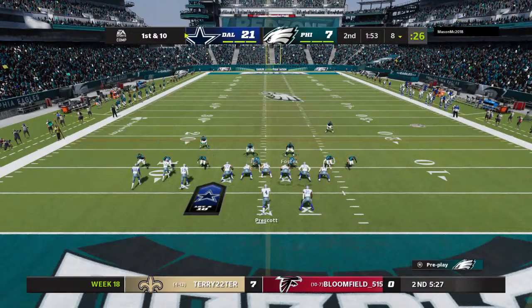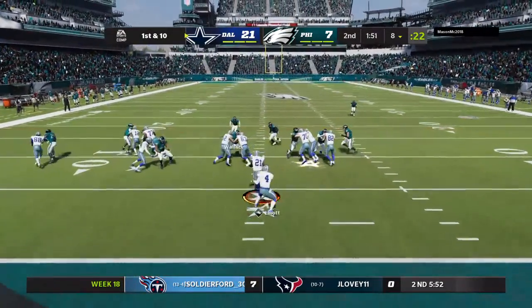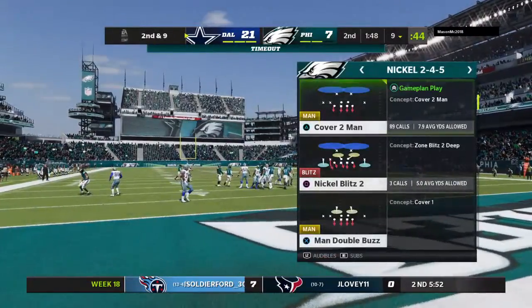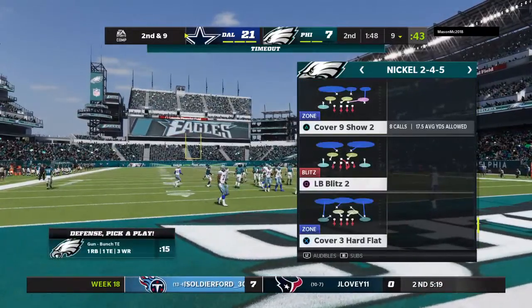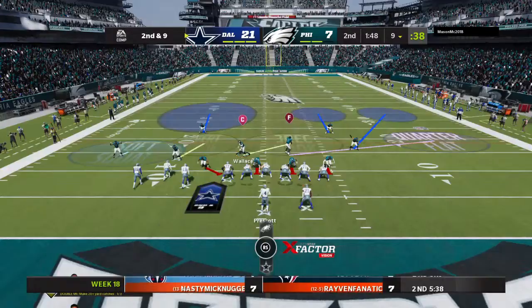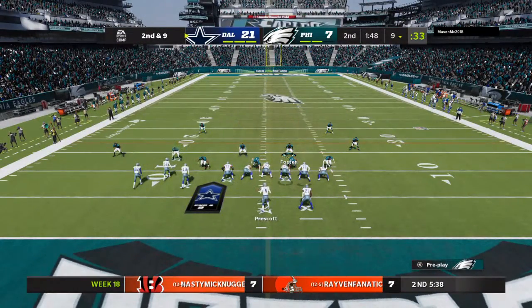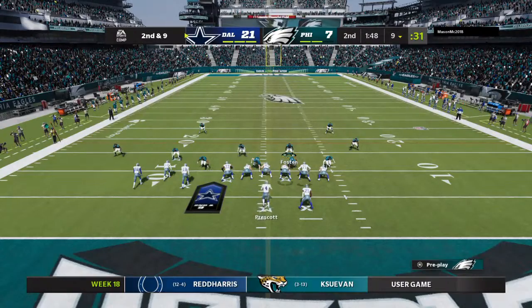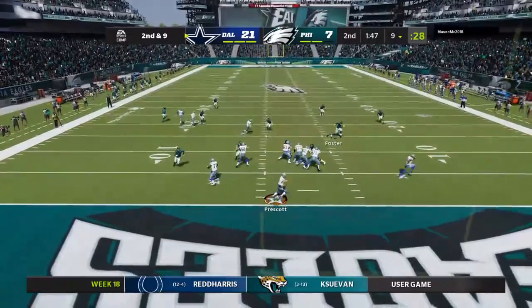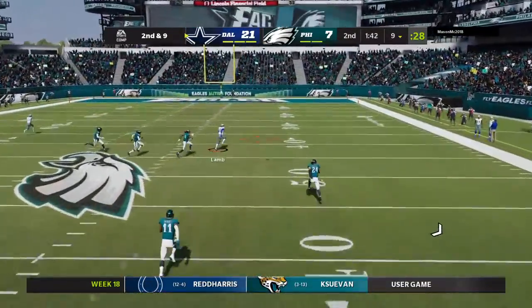About set for this next drive by the Cowboys offense. They've had a very solid first half, and as we near the end of that first half, they're just looking for a little more on top of their lead right now. And when you put together a game plan on offense, you put together what you think is going to be the best possible scenario, right? Hey, we're going to score. These are the plays that are going to do it. But you also put together your counters, meaning after they make adjustments to what you're doing, what do we have to go to next? The adjustment to the adjustment. Exactly. So I can't wait to see if we come out of the half, how they're going to go about doing things. So you just keep running with...